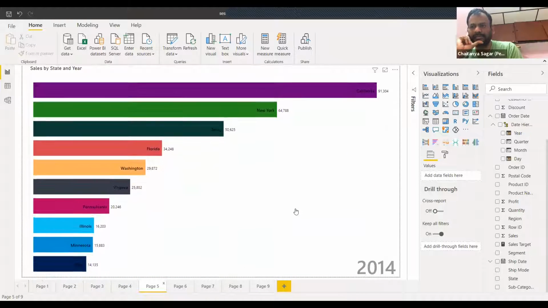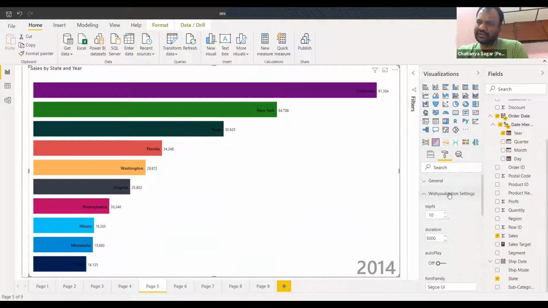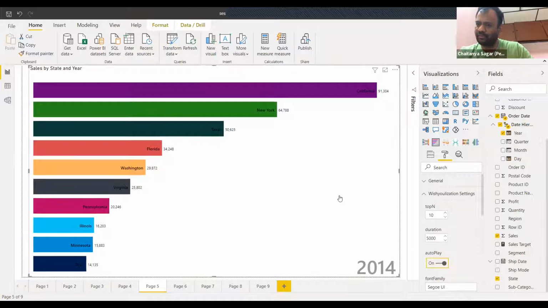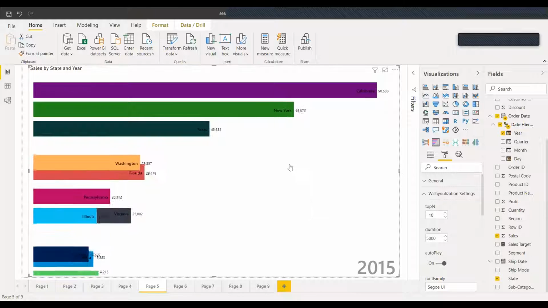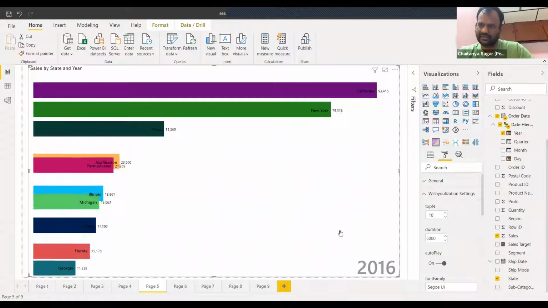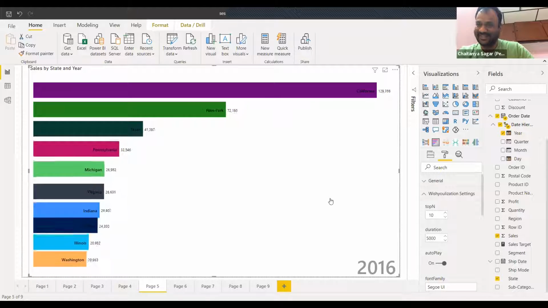Okay. But what do you mean autoplay is off then? Because it is doing an autoplay, right? No, it's not doing so. It's not working as of now. Autoplay means it is in loop mode, is it? Yeah. So now if I just click here, it will start running. Okay. Got you. So it runs only the first time. Okay. Yeah. Got it.